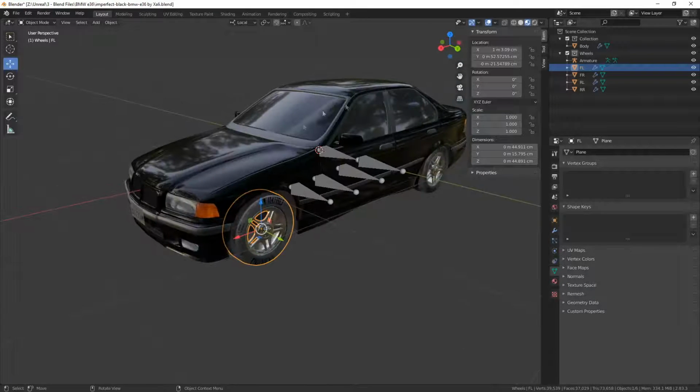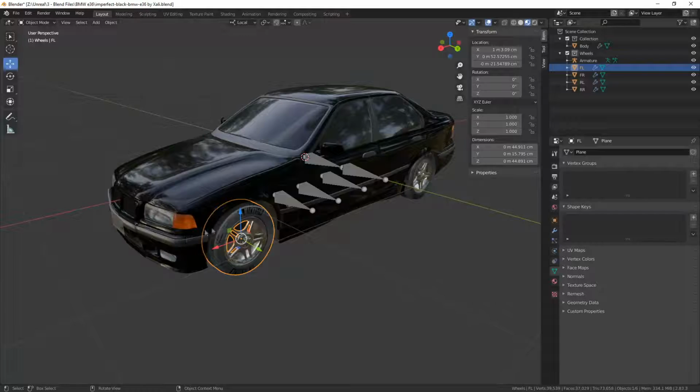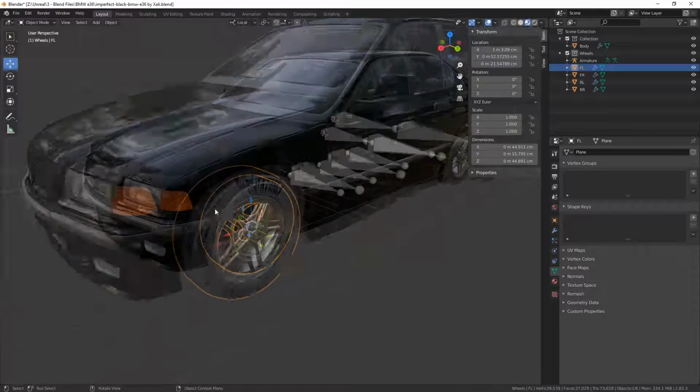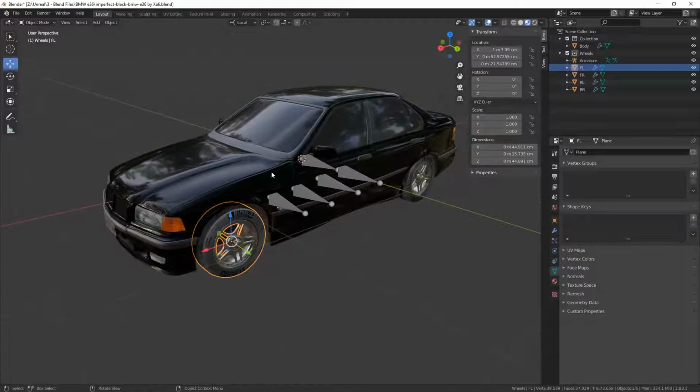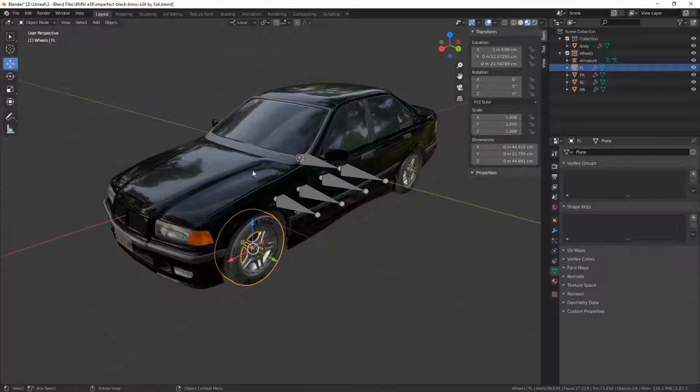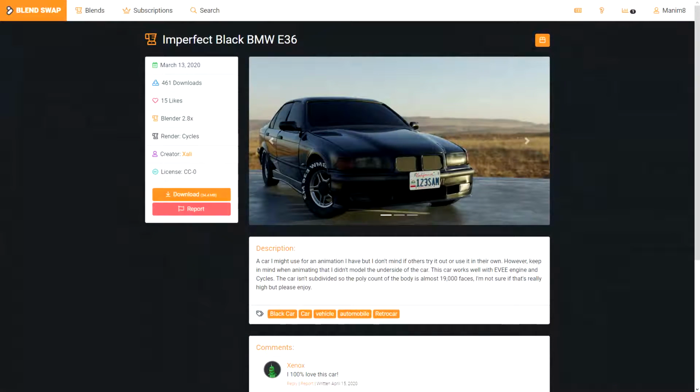This model, by the way, is from Blend Swap. You can download this. I have adjusted a few things like the wheels. I put a texture on the wheels and I potted about here and there, but it'll do for this tutorial. So if you want to download this, go to blendswap.org, I think, or .com, one of the two, and search for BMW E36, and you'll find this model. You can download it and use it.